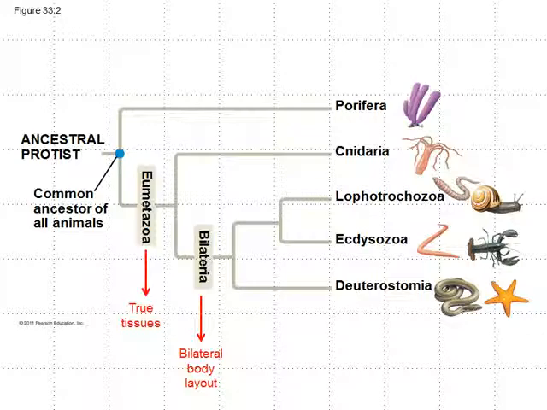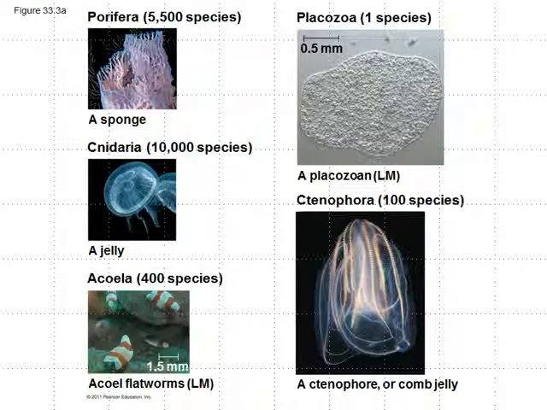Again, no way we could look at all the variety of invertebrates in this one particular short chapter, but if you look in your textbook on page 667, 668, 669, you can see an overview of the huge variety of invertebrate creatures. And again, they make up 95% of the animals on the planet, so you would expect to find a huge number and variety of them. So the textbook does a good job of highlighting some of them, and we are going to go over a few of them.